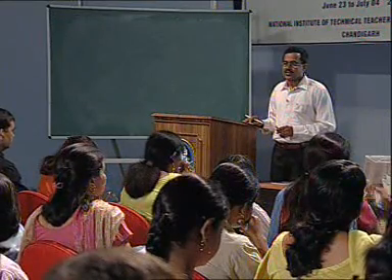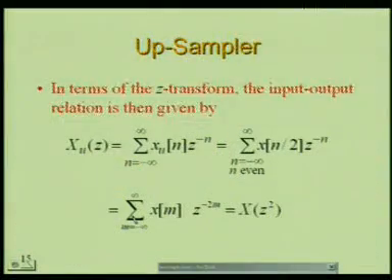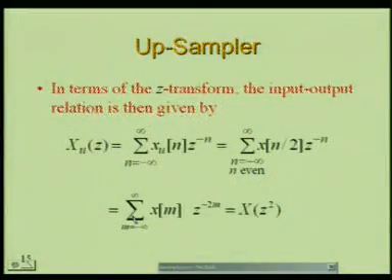So, here X_u(z) represents the Z transform of the sequence x_u[n], the output sequence, and can be represented like this, n from minus infinity to infinity, the generalized version again. If you consider a fully right sided sequence, then the definition is different. This is for generalized signals, meaning both sided sequences. Sum from minus infinity to plus infinity of x_u[n] z to power minus n.